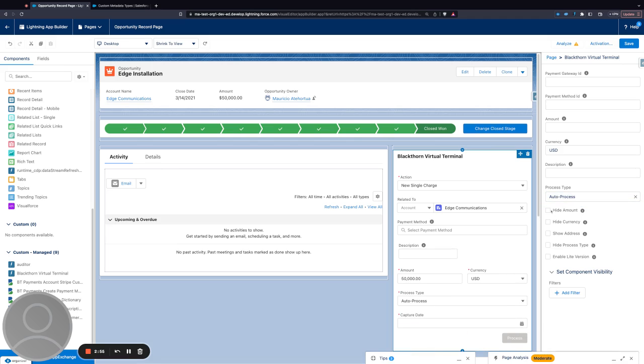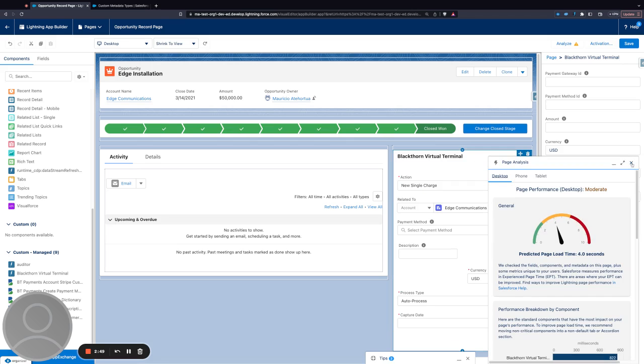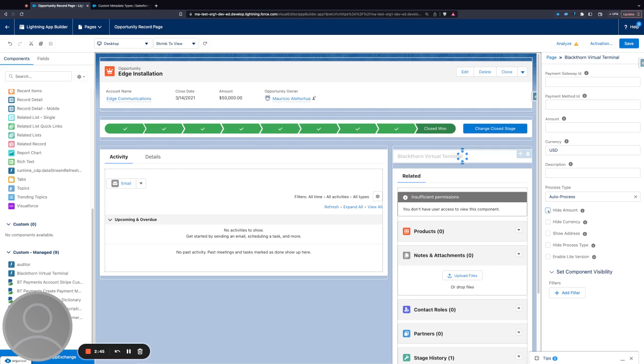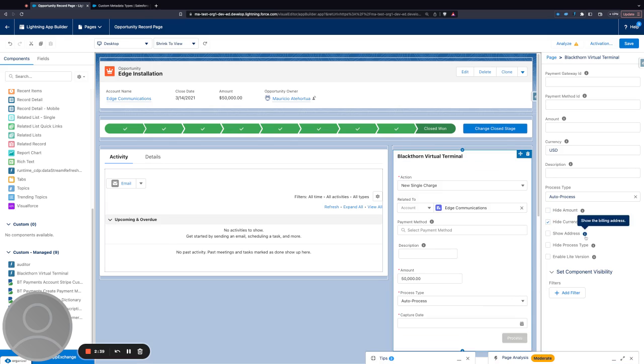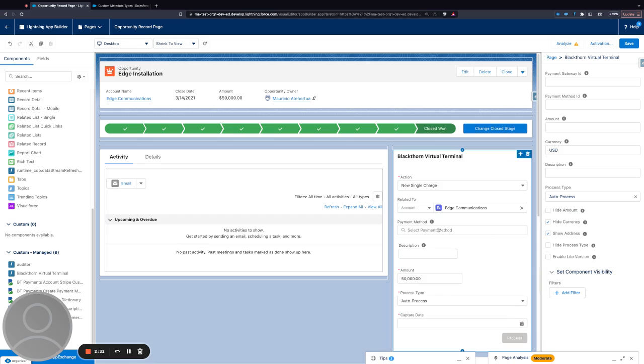I have the options to, for example, hide the amount so it's no longer visible. And yep, the amount's no longer visible. I can do the same with the currency. I can have the option to show an address, and that essentially shows the billing address as part of the component when I'm adding a new payment method. I can hide the process type itself,